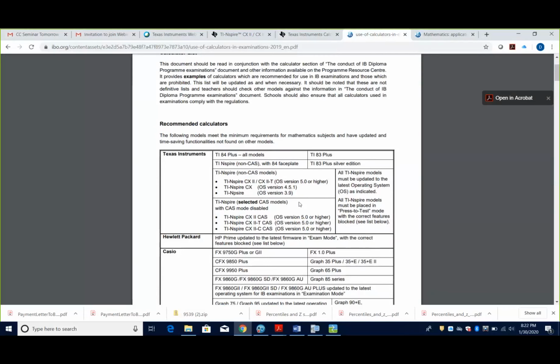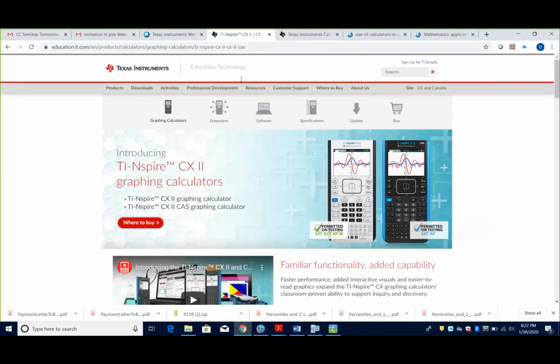So I just wanted to let everybody know that with the new calculators, both the CX2 and the CX2 CAS are allowed on all of the IB exams. You just have to turn off the CAS functions before you actually take the exam. And I love that, because in my school I'm teaching both BC Calculus and IB Math in my classroom.